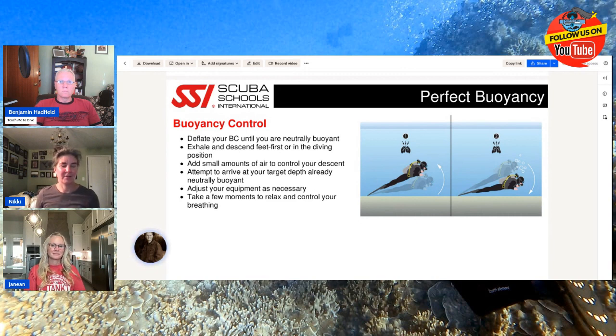Benjamin and I, when we first started diving together, I think he noticed that I was a little bit more of a nervous diver, and so he would give me this symbol. And we would do this at the surface, and then we would do it again at depth. And I really like that. And I love being able to do it with divers, because a lot of times as we're descending in that column, we have some anxieties about, hey, where is the bottom? Where am I at? Am I at the right depth and things? But if we'll take a minute, relax,